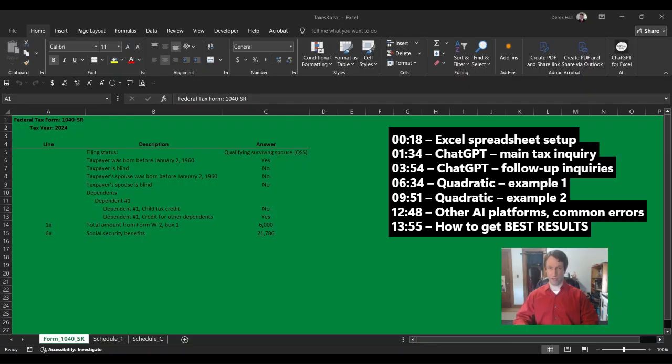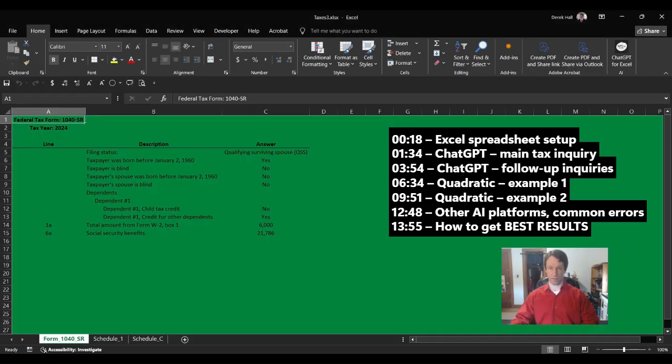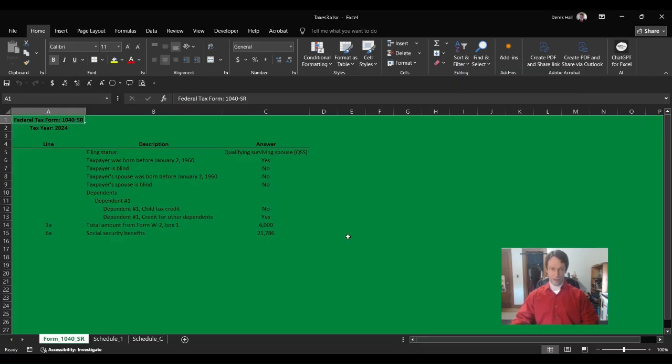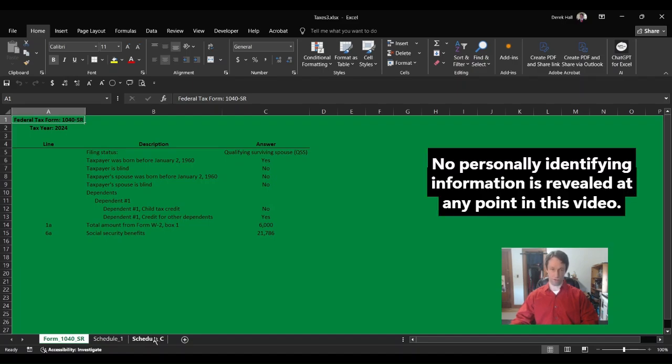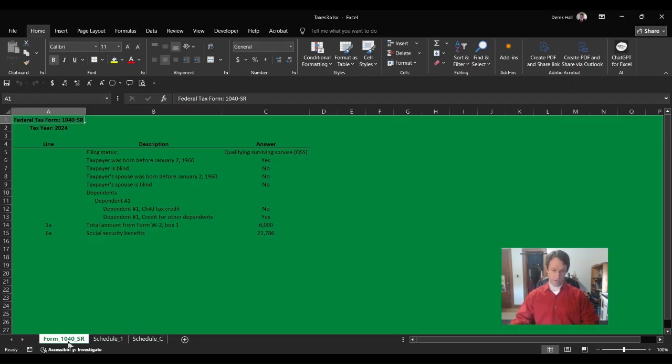Now, before I made the inquiries to the AI platforms, I created an Excel spreadsheet document as shown here with all the input information that I thought would be necessary for it to answer the questions. So I basically divided the information up into worksheets based on which form they would normally appear on. So the form name is down here in the tab names. And on each worksheet, I have the form name and the tax year up at the top and all the